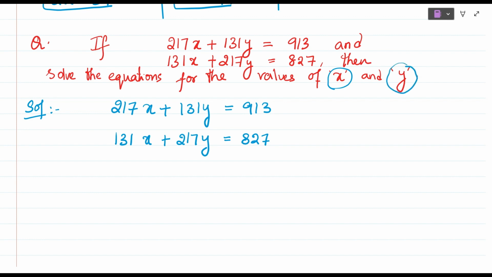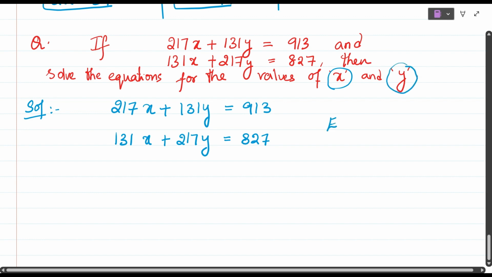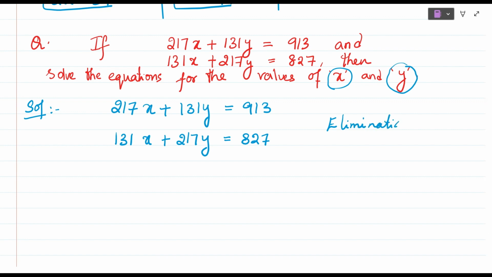So here we are going to apply elimination method, students. This will be easy for each and every student. Okay. So elimination method. So what is called elimination method? We have to equalize any one coefficients of either x or y. Okay. We have to equate the coefficient of x or coefficient of y. So here I am going to equate the coefficients of